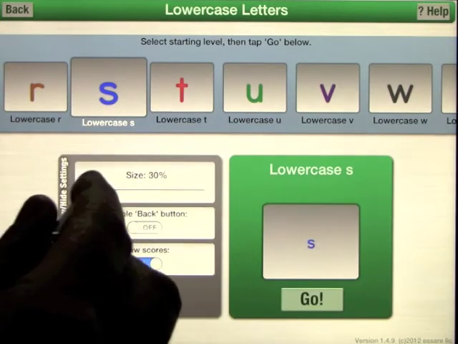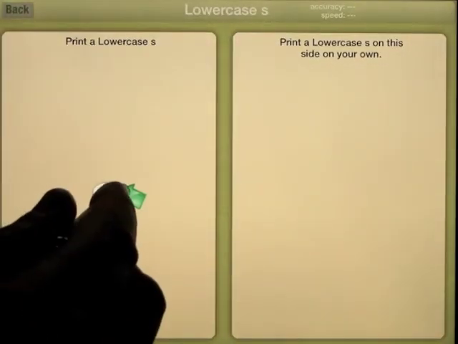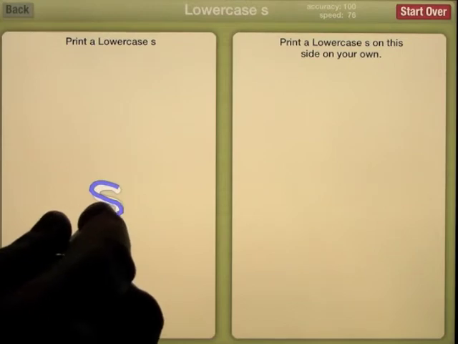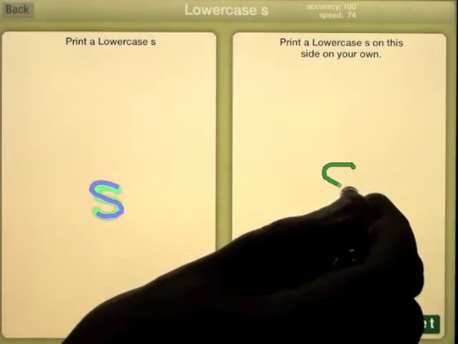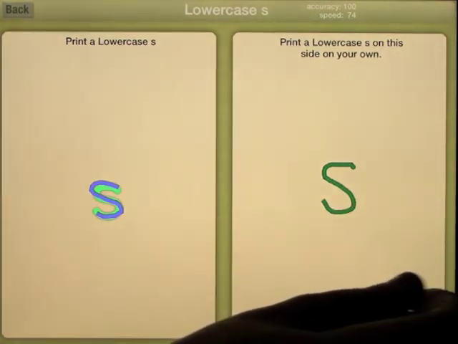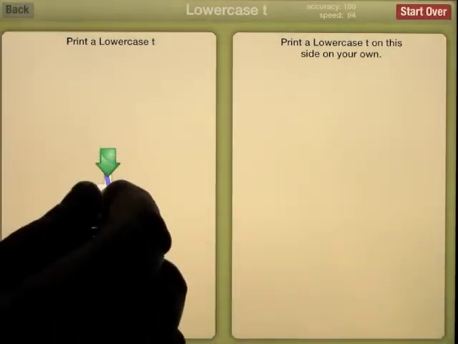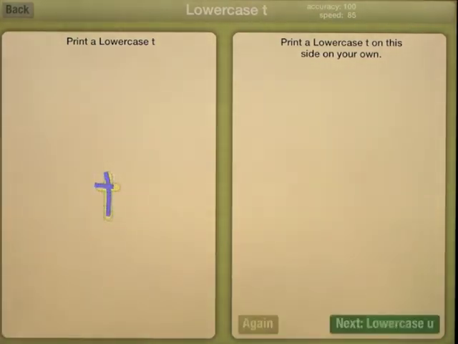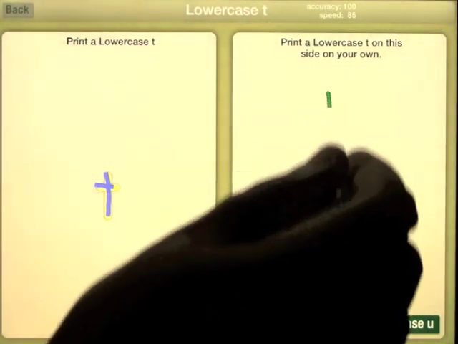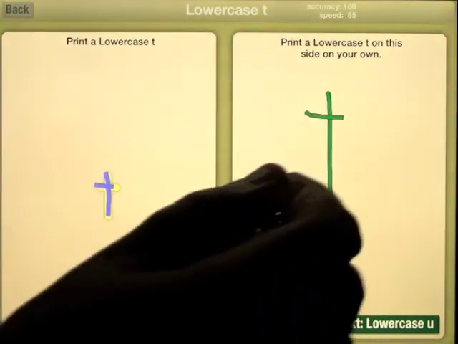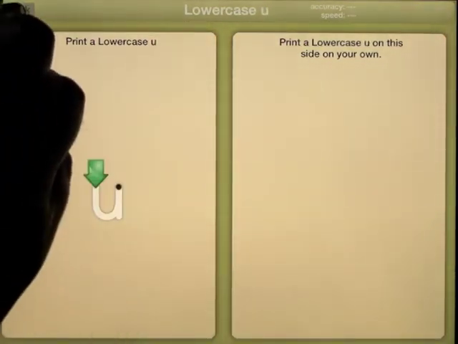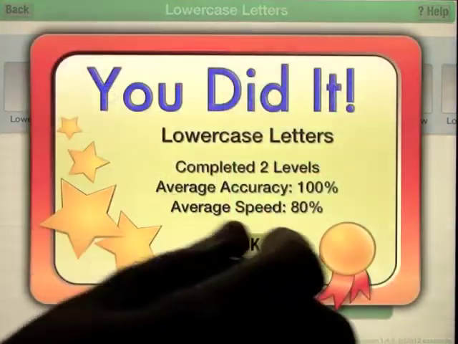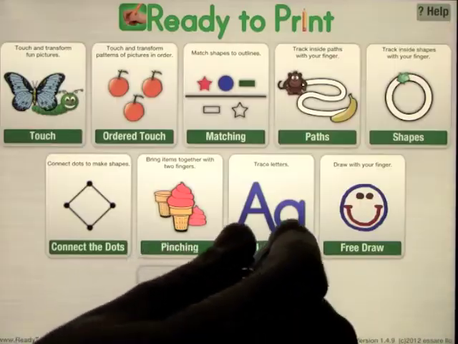and put the size all the way down. And again, this is where a stylus certainly comes in handy. You move on to the next one. You can practice big if you like, or you can make them small, and so on, and you continue to go through that. If we go back out one more time, just to show you the final part of this,